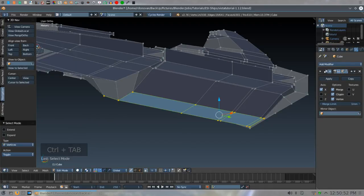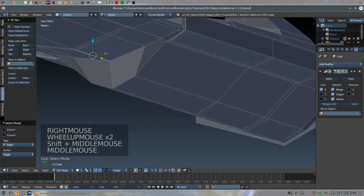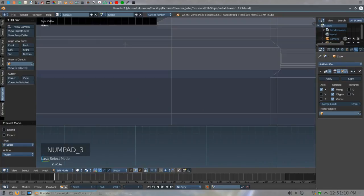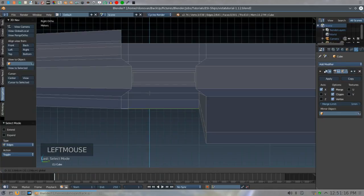All right, so next thing we want to do, let's go to Edge Select Mode here. This will be easier. Select this edge, and let's select that edge right there. Okay, so now do a Numpad 3, move this where you can see it, and you want to take this Z, grabbing the Z here, and pull this up